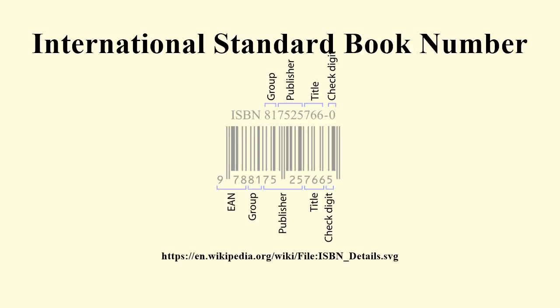The International Standard Book Number is a unique numeric commercial book identifier. An ISBN is assigned to each edition and variation of a book. For example, an ebook, a paperback and a hardcover edition of the same book would each have a different ISBN. The ISBN is 13 digits long if assigned on or after the 1st of January 2007, and 10 digits long